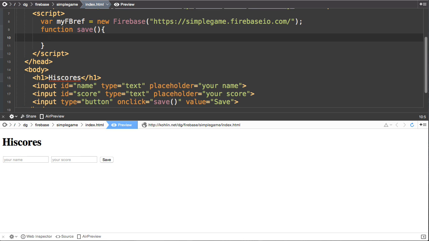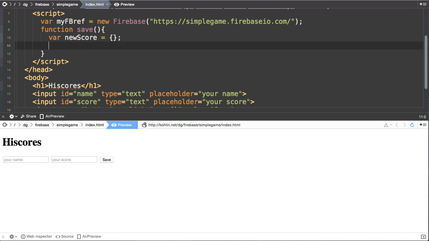And we'll capture these two input fields into an object. So I'm just going to call it new score, and that should be an object like that. All right, so new score dot name equals document get element by ID name, dot value,